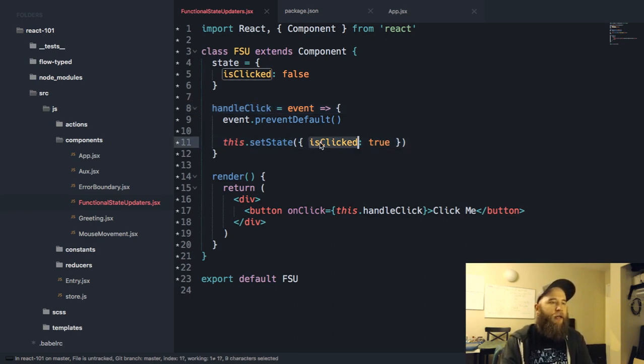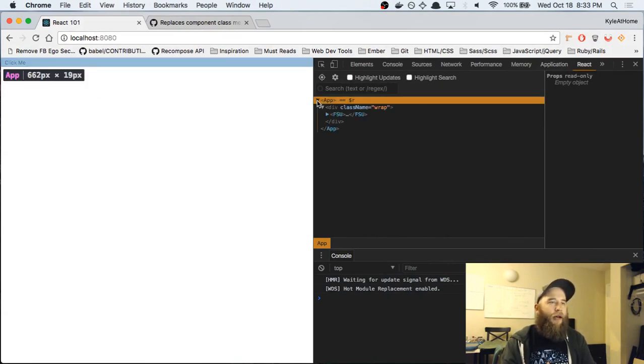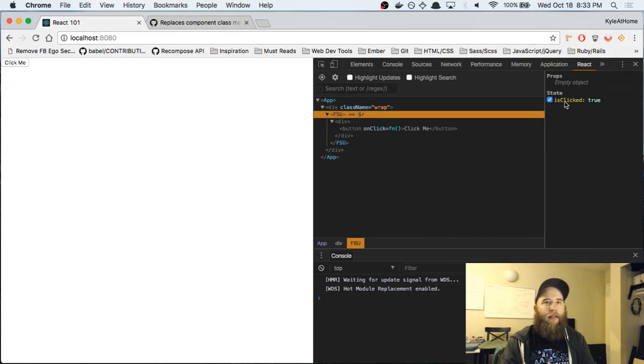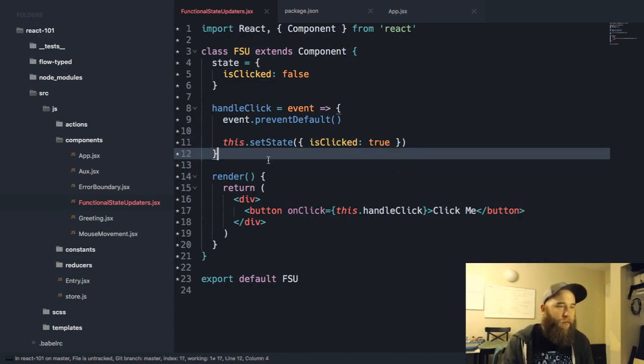And so we can come back here and you can see, I promise you, it worked. isClicked is true, right? That's what happened when we clicked it. Click it, it's true. This is just really nice syntactic sugar, and we'll use this more often as we move ahead. And so the reason I brought this up was functional state updaters.